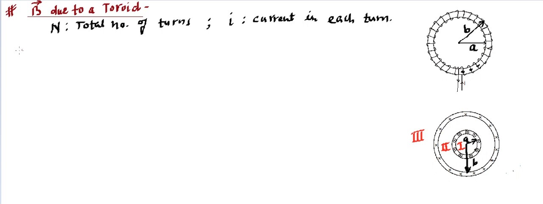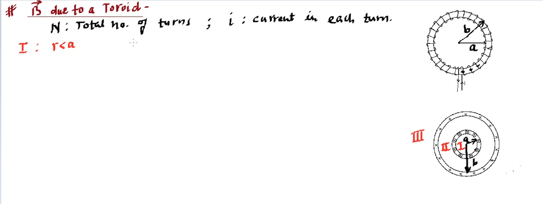So let's talk about the first zone first. When we say zone 1, or let me simply write it short, that's A1, it indicates this r, the distance from the center, is less than A. So what happens when r is less than A? If we take any Amperian loop here, how much current will be enclosed? You'll find no current will be enclosed because the current is not here, so the current will be 0.